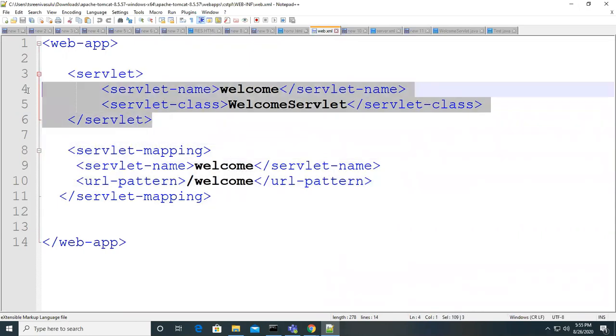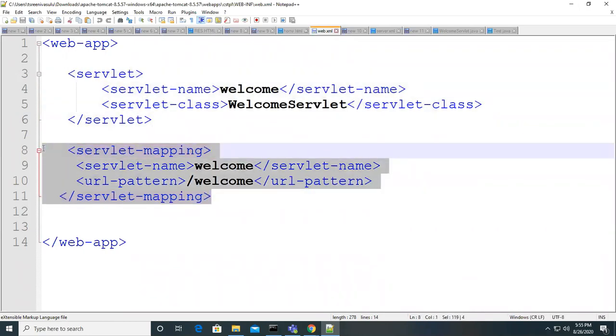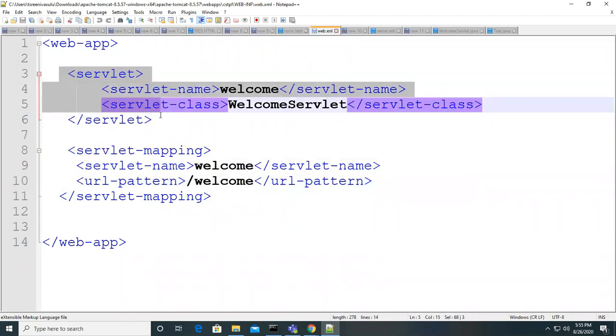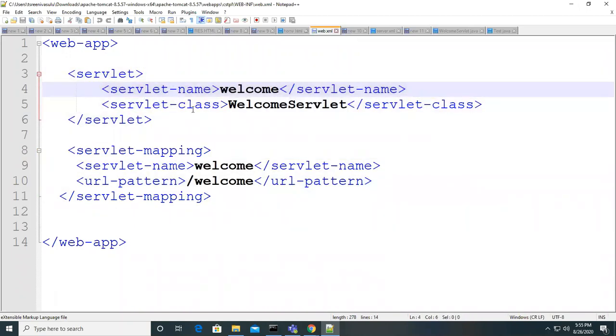For each servlet, two configurations are required. What is that configuration? Servlet configuration and servlet mapping configuration. Under servlet configuration, there is the servlet name and servlet class. The name you can give any name you like, and the class name you have to give exactly, with the package if it is part of a package. We can say that is the fully qualified name.